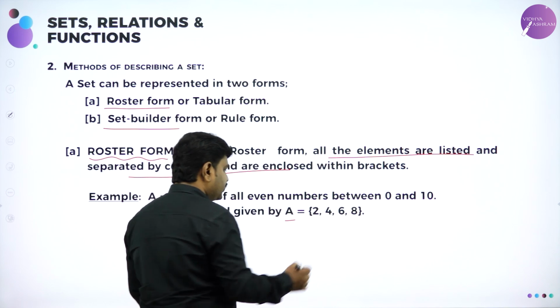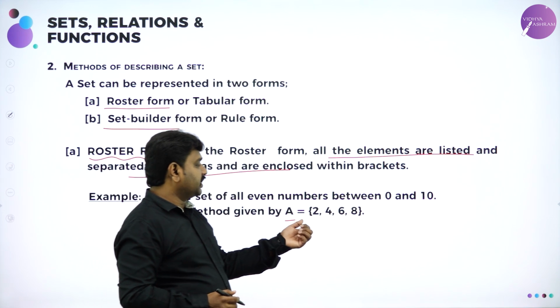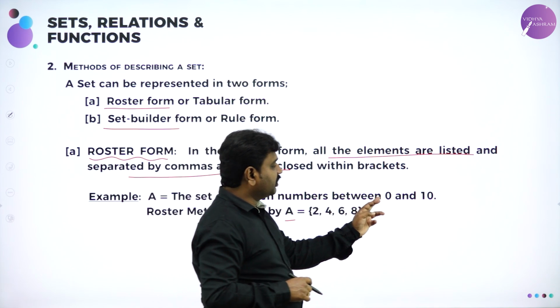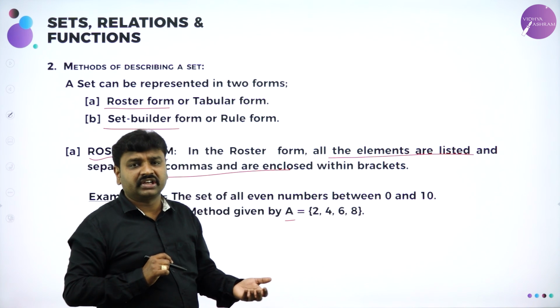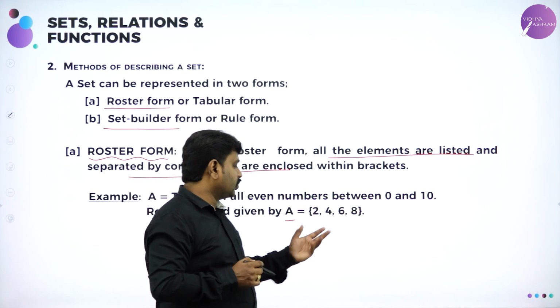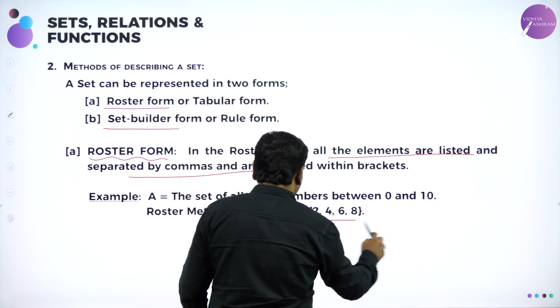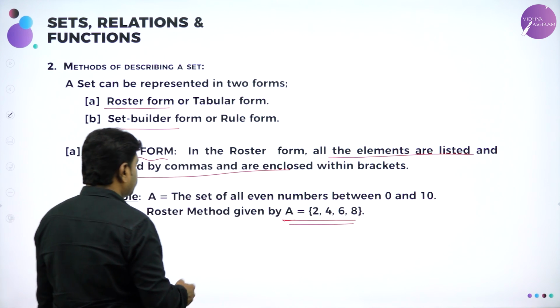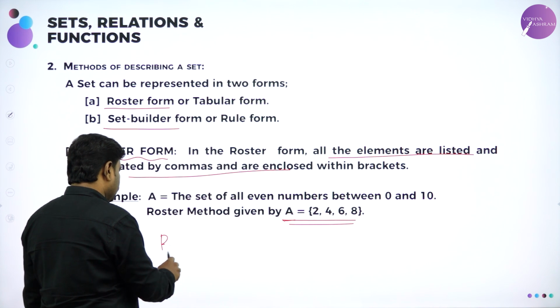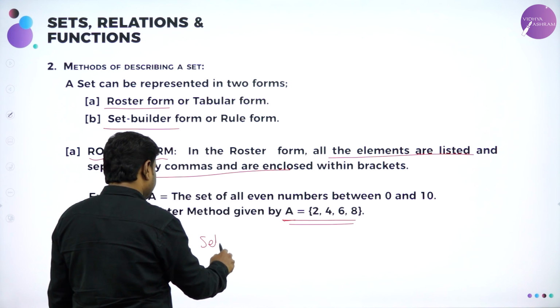So I wrote a set, set A. A set is always represented by a capital letter, and you should write the elements. The even numbers between 0 and 10 are 2, 4, 6, 8. So I wrote it. This is a best example of roster form. And say the other set we define is B is equal to the set of